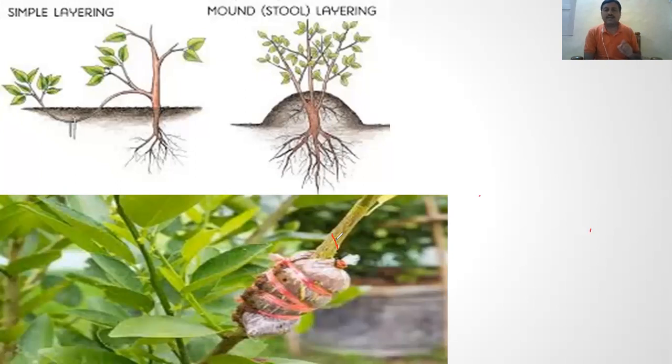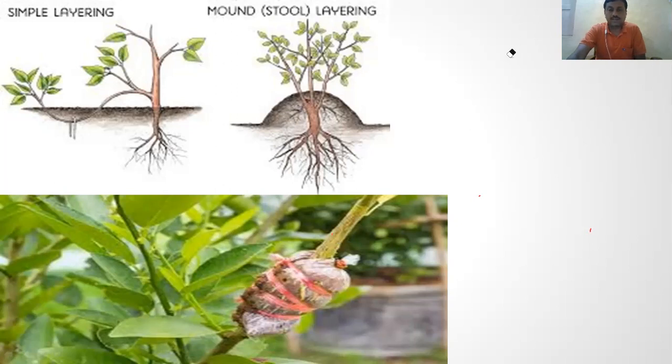It is a very fast method compared to sexual reproduction, because sexual reproduction is a very slow process, but artificial vegetative reproduction is a very fast method. Okay, then